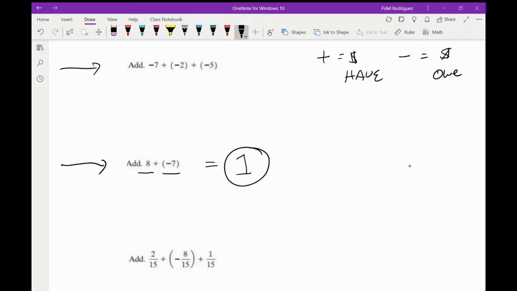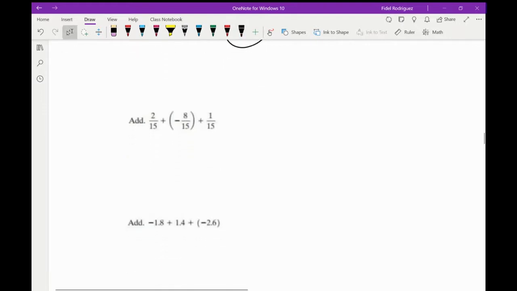And then this one here says, look, I already owe you $7. And then today I borrowed $2 from you this morning. And tomorrow I borrow another $5 from you. How much money would I owe you now? Well, if I owed you 7 and I borrowed 2 and I borrowed another 5, I'm now going to owe you 14, right? Because I continue to borrow and borrow and borrow money, right?